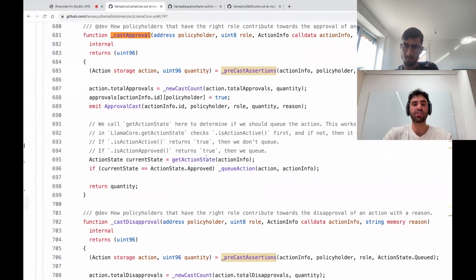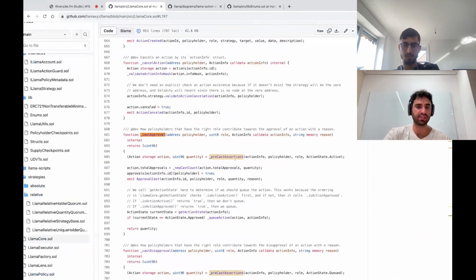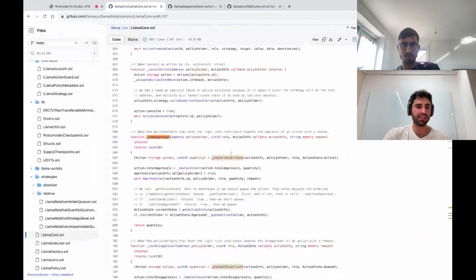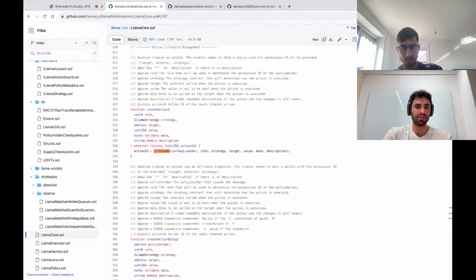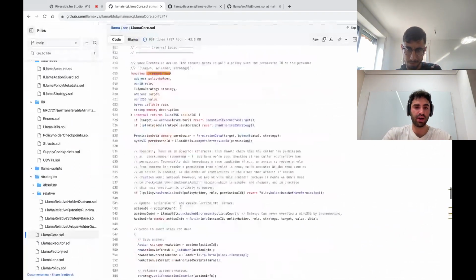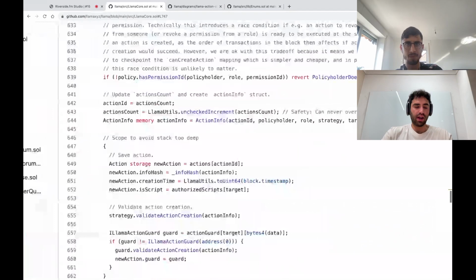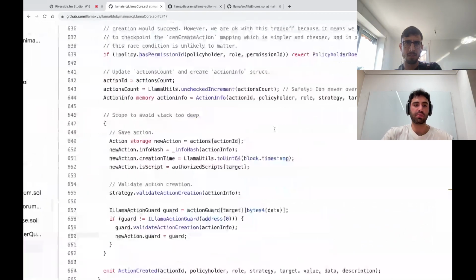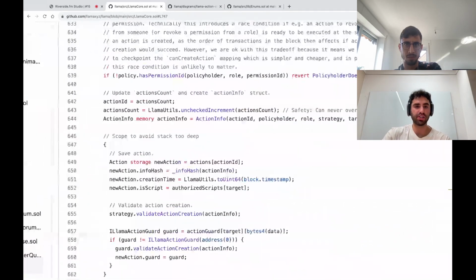If you're the third policyholder casting, then we can automatically queue that action and transition it to the next state. That's a bit of a deep dive into how the action process works and how approvals are cast. I just wanted to show the action creation and how the checkpointing works a bit, but I'll pause there in case you have any questions.